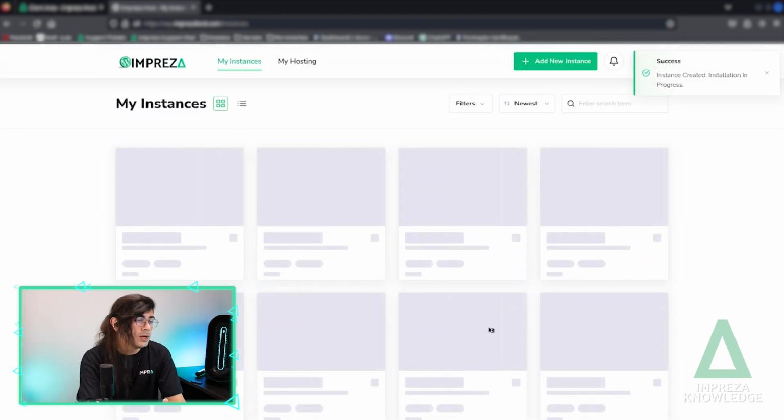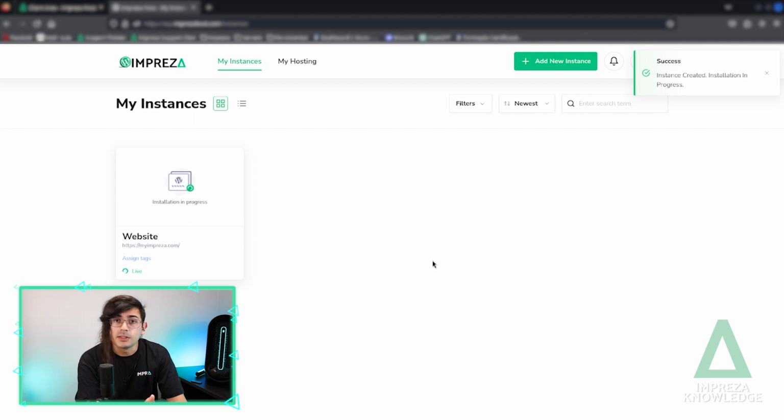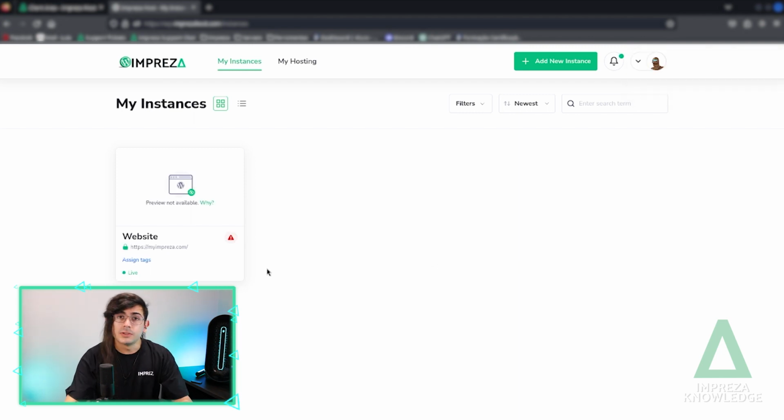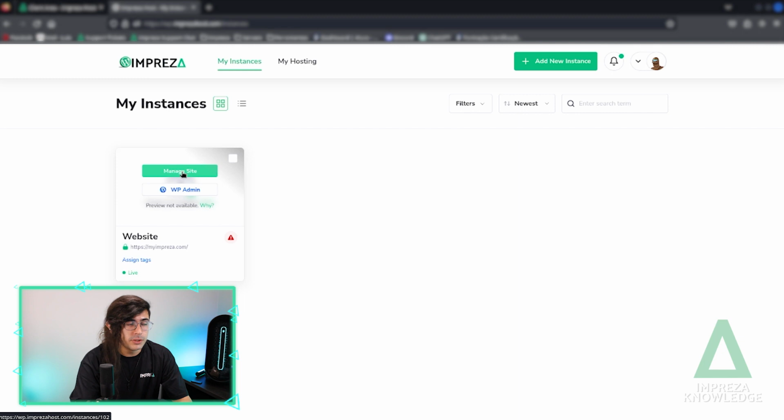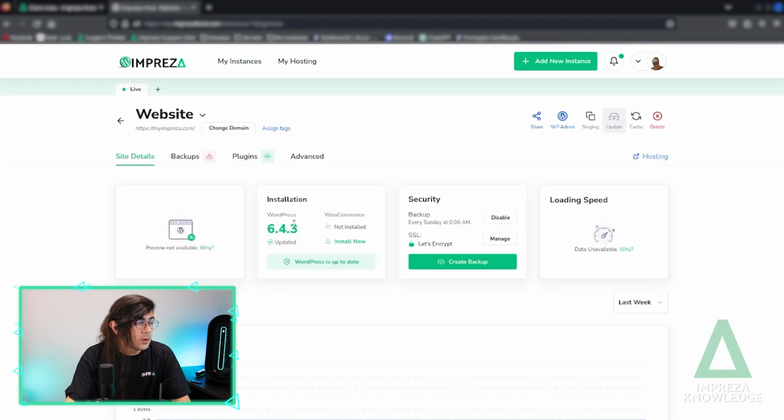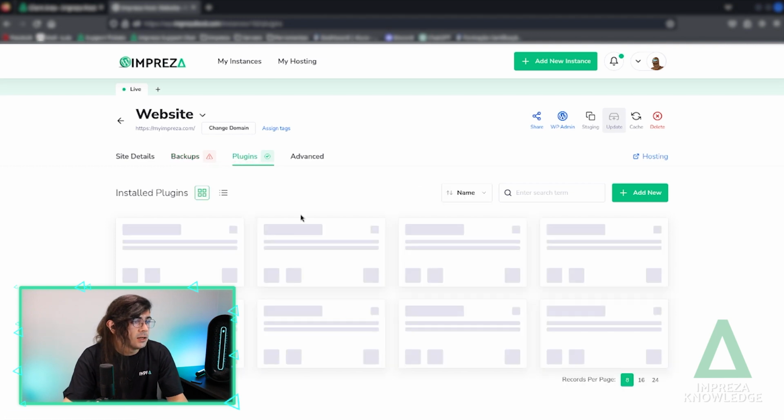Now we have to wait a little bit for the instance being installed. Once installed, click on manage site, and there we go. Your instance is installed. You have all the settings you need for your website, such as backup, plugins, advanced settings,